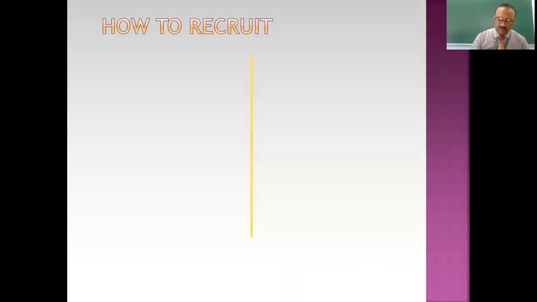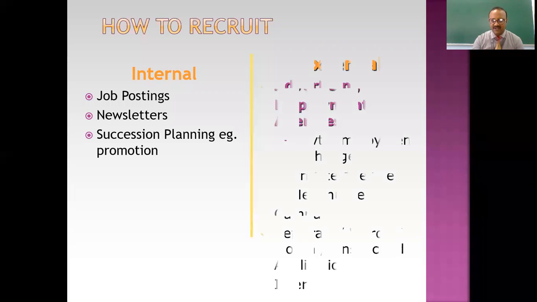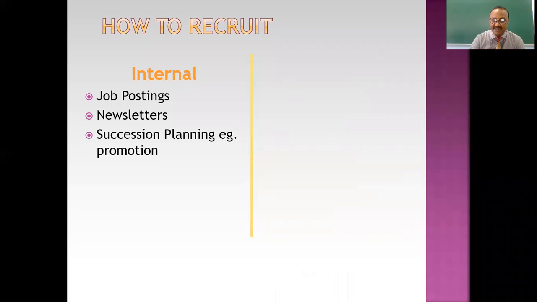Right. Now coming to how we go about recruiting. Once you identify the sources, as I told you, when we want to recruit, there are two sources that we prominently look for. One is an internal source and the other is an external source. So in the internal sources, we will be looking at job posting. So what's an internal source? An internal source is where you are looking for the right candidate within your organization. Right? Firms have a particular strategy called internal job posting. It's called IJPs. Okay, so wherever there is a vacancy that arises at a higher level or at a senior level or at the same level but with a different capacity,